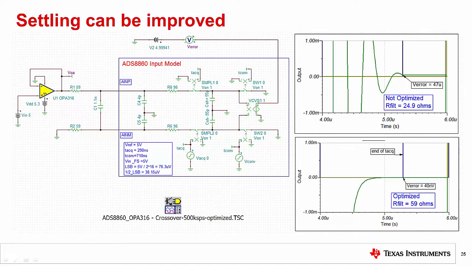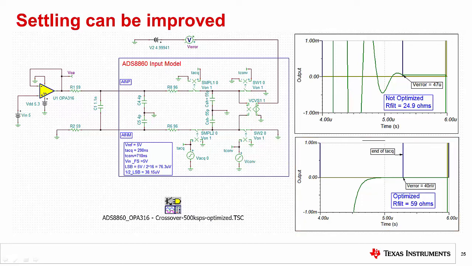You may have noticed that although the error settled to the target in the last experiment, the settling had a lot of overshoot and ringing. Ideally, for best performance and a robust design, the settling waveform should have minimal overshoot and ringing. The top graph shows the settling of the previous circuit, which wasn't optimized. Using a SPICE parameter stepping optimization, you can find better values for the RC charge bucket circuit. The bottom graph shows the final optimized transient response.